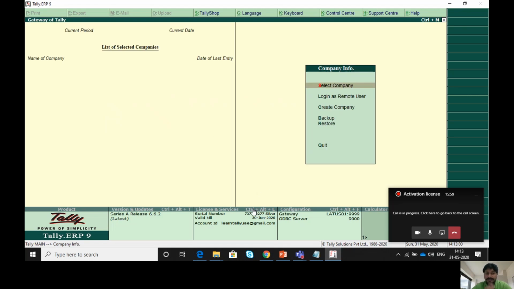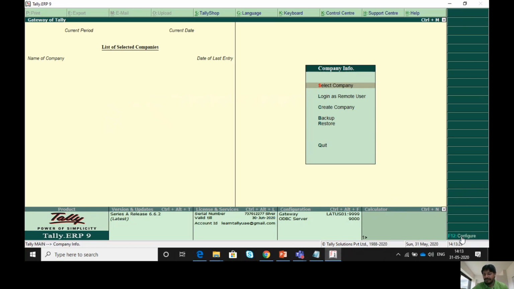Now if I press enter, you can see it is showing company info and the license and service information. You can see the serial number, valid till the expiry date and all, everything you can see here. Once Tally opens, it will show you the company info. If you are an existing user, you can configure the path. How can you configure? You can press F12.